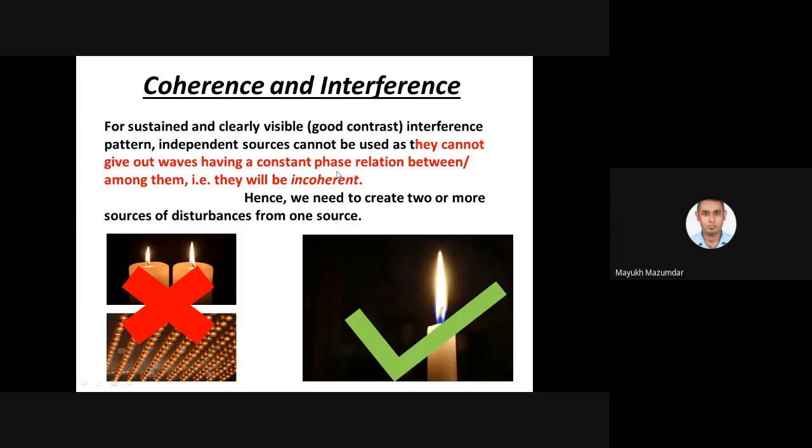If some of you were absent in the coherence class, you may not be able to understand this topic, but I'll still try to make you understand it in a very lucid way. So now the question is: is it possible that we can have any two or more light sources, and they will interfere? Is being a source of light the only criterion for interference, or is there anything else?